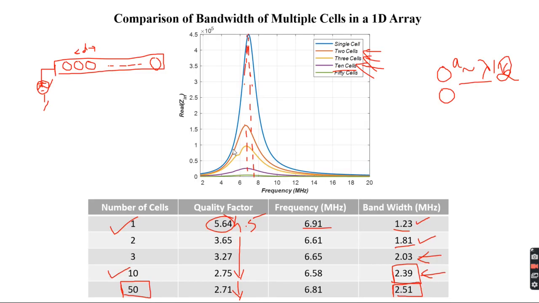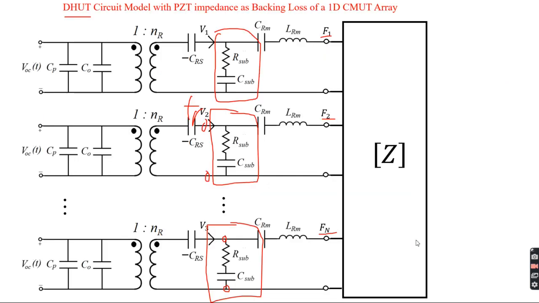This might further increase the bandwidth. You might have better time resolution for CMUTs as sensors, medical sensors, or suited for any other application. So theoretically, you can increase the bandwidth if you have the backing loss. This is a loss, okay. The only loss that we have considered so far is because of mutual crosstalk and because of the bandwidth increasing and the self-radiation impedance of the cells. Okay, but if you consider the backings as well, then you can have